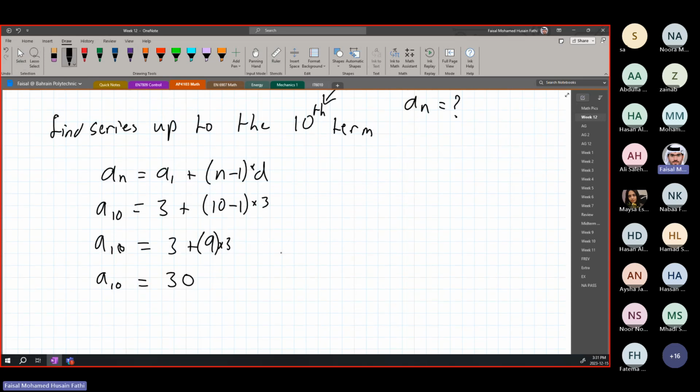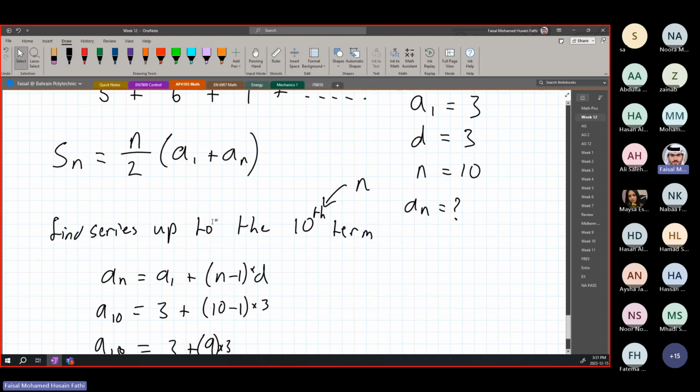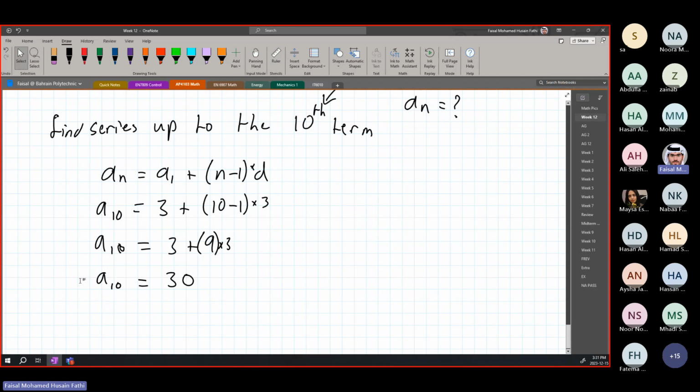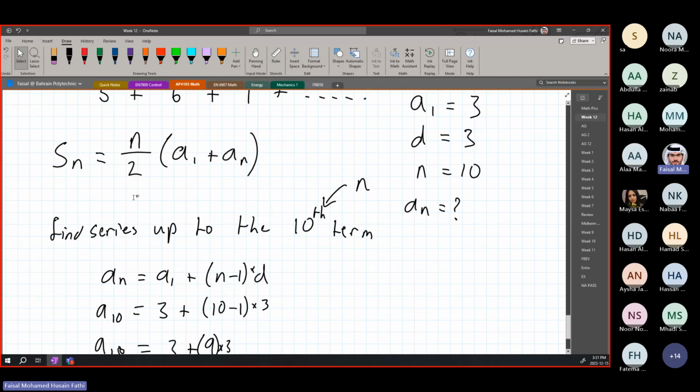So we found our a10, or our an in this case, which is 10. So now we want to find the series. We just found the sequence. We found the location of the 10th term. Now we need to find the actual series, the sum of the series, or the arithmetic series, which is the sum of